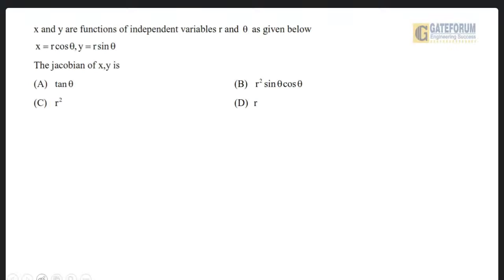The question is, x and y are functions of independent variables r and theta. Given below, x is equal to r cos theta, y is equal to r sin theta. The Jacobian of x comma y is, this question is from engineering mathematics from the topic calculus, subtopic Jacobians from partial derivatives or double integrals. The solution is,